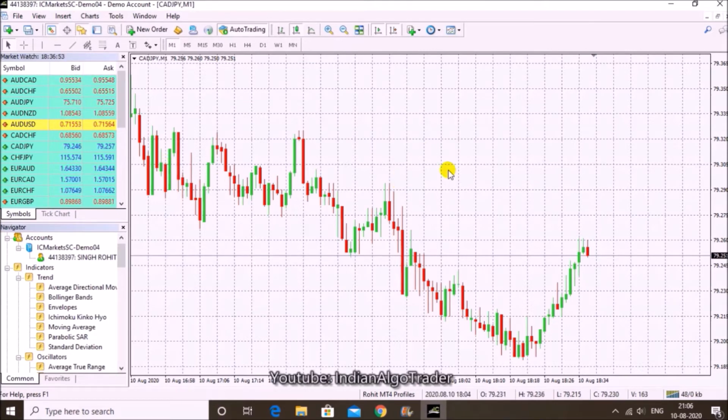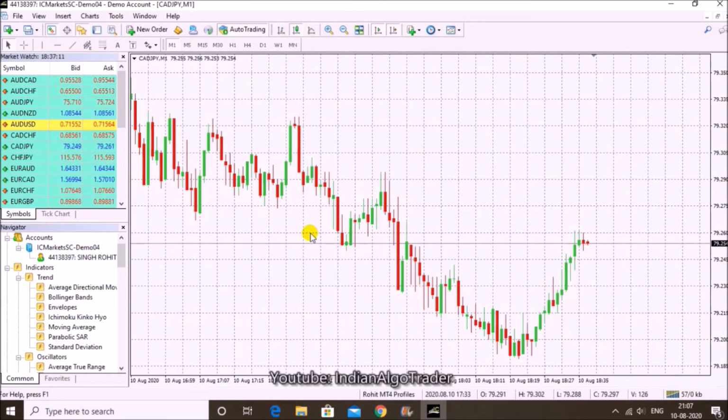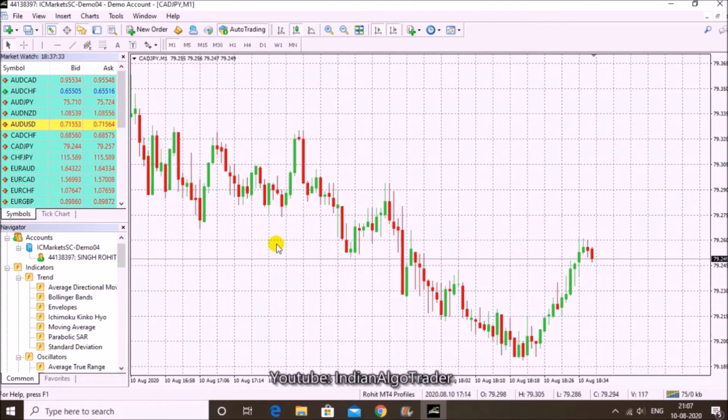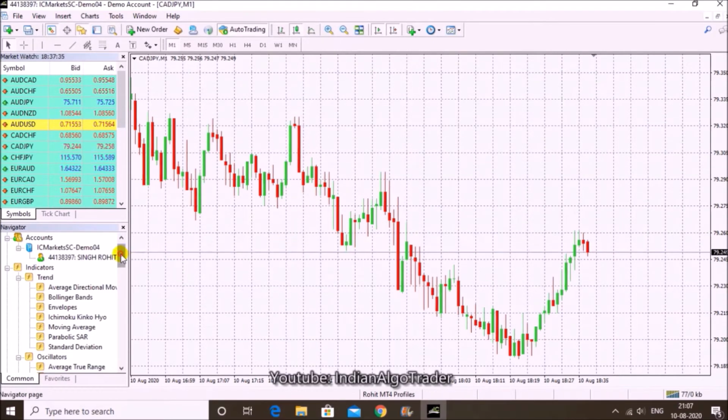Let's start. First, I will show you the lengthy, traditional method, how the process was actually done. But then I will also share the file which, once installed, lets you apply all your indicator setups to all the charts with one single click. So let me show you how it used to work first.